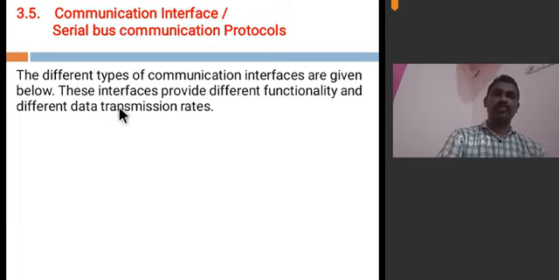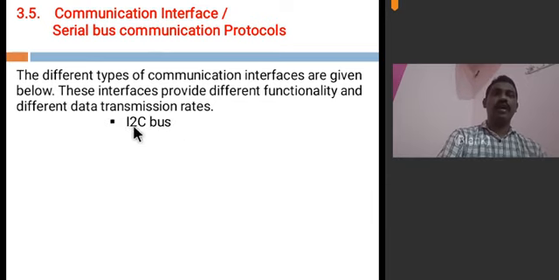Let us see different types of communication interfaces which are available, and these interfaces also provide different functionality and different transmission rates. Let us see how many types of communication interfaces are available for transferring data from one system to another system.